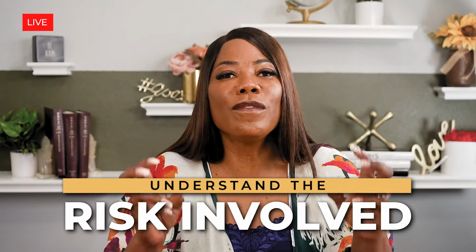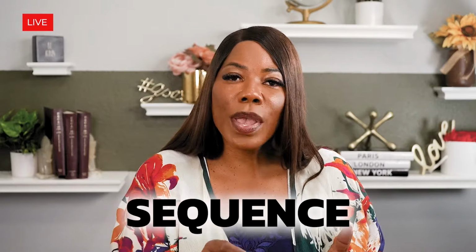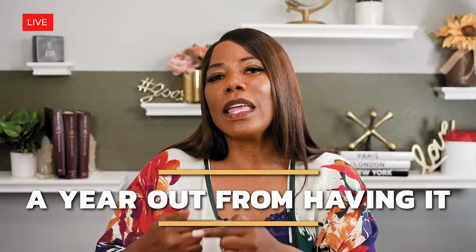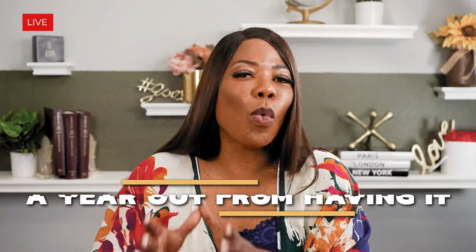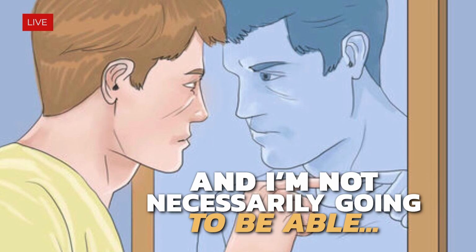Now, here's the thing, when you are going after a business loan, you gotta really understand the risk involved and understand the stage of where you are in your business. Sequence is important. Allow me to give you an example of what I mean. If you are developing an app, for example, and you know that you are going to be maybe a year out from having that app completely developed, right? But you know when it's developed that you are going to have people wanting to buy it, or you know it's going to make you a ton of money, then you have to say to yourself, I'm at a growth stage, a development stage in my business, and I am not necessarily going to be able to pay that loan